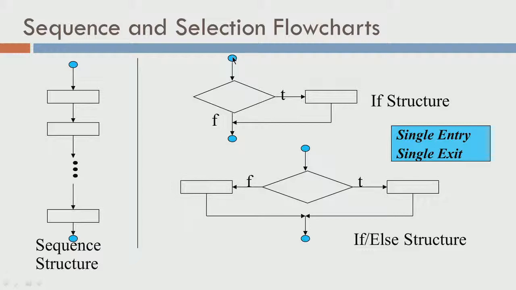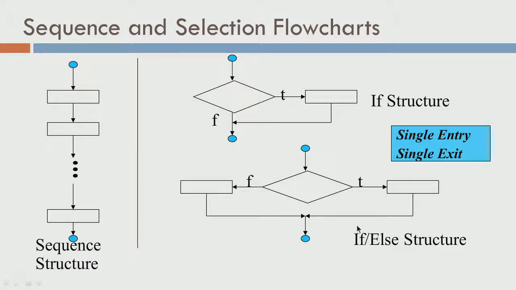Let us say there is some piece of code here at this blue dot, and you evaluate an expression, which is indicated by the diamond. If the condition evaluates to true, you execute a block of statements in the true branch, and if the condition evaluates to false, you do not do anything. Either way, after executing this you come here, or if the condition is false you come here. The branch over the true case will not happen if the expression evaluates to false, and it will go to this blue dot. So, this is a single selection statement: you choose to execute the true block or not depending on the expression here.